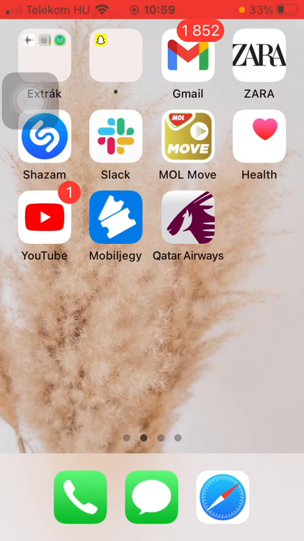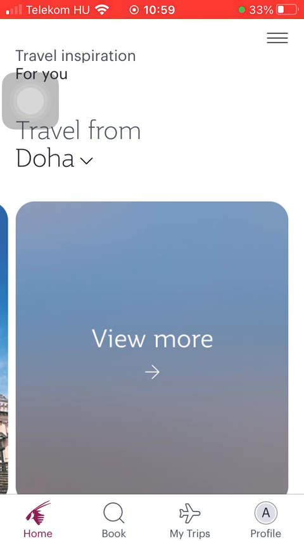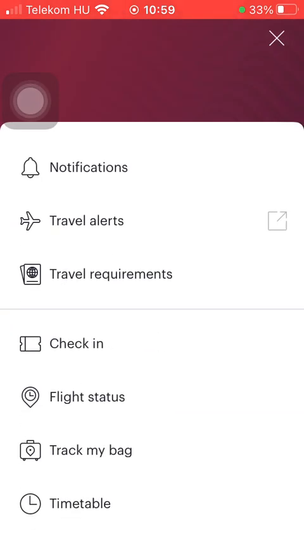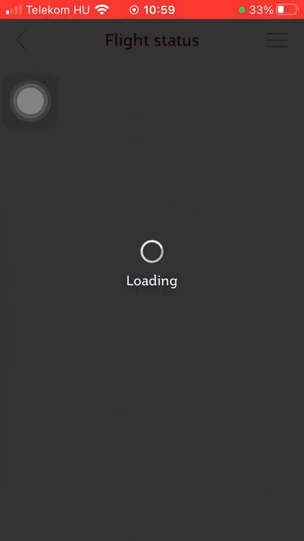First of all, open the application on your phone. After that you should tap on the home button down below in the left side corner of the screen, then tap on the menu icon in the upper right corner. Click on flight status in the middle. You should wait a few seconds till it loads, and then